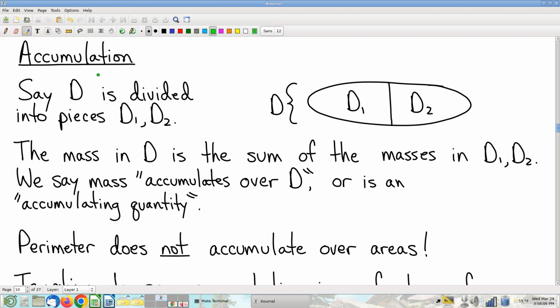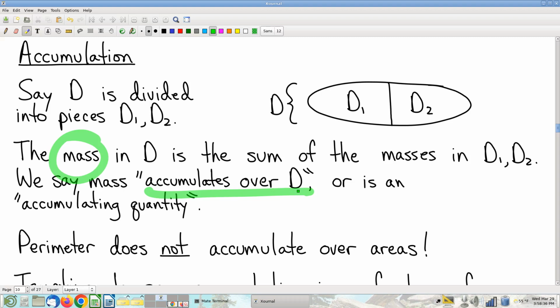I've said that a million times in regards to integrals. Every time we do an integral, we're taking a whole, we're chopping it up into pieces, and we're computing the quantity in question on the whole as the sum of the quantity in question on the parts, added up over all the parts. So anything that has this property, for example, mass, we say accumulates